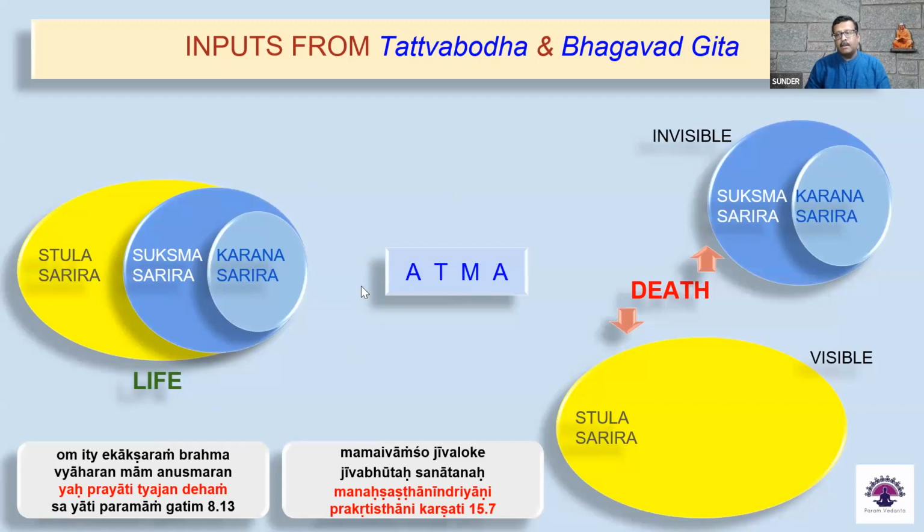So there is certainly an invisible component that is traveling. The invisible component itself has two components, which are Sukshma Sharira and Karana Sharira, and of course Atma is also there. So now the next question is, to which of these three is Nachiketas referring? Does he refer to the Sukshma Sharira, the Karana Sharira, or the Atma? As we see in this next slide,